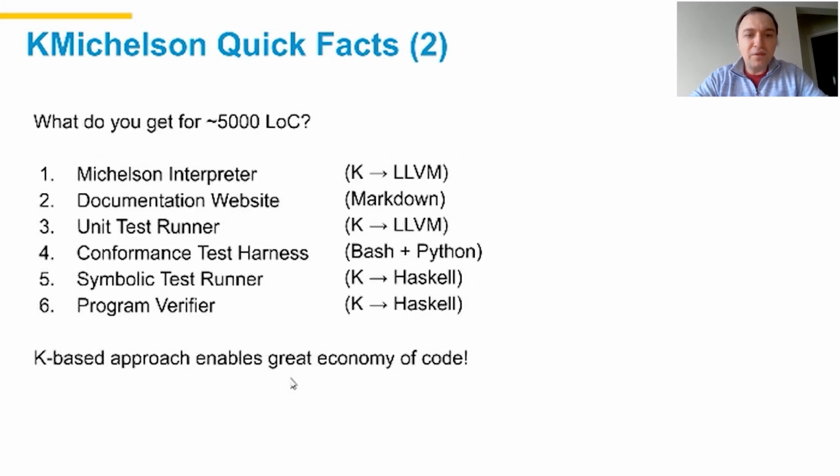So we have our interpreter. We have the documentation website. We have the unit test runner. We have the conformance test harness that tests our interpreter against the reference interpreter. We have a symbolic test runner, and we have a program verifier. So 6 tools for 5,000 lines of code that I and some other collaborators had to write, and that's all because of essentially the quadratic power or leverage that you get from using a framework like the K framework. So anyway,